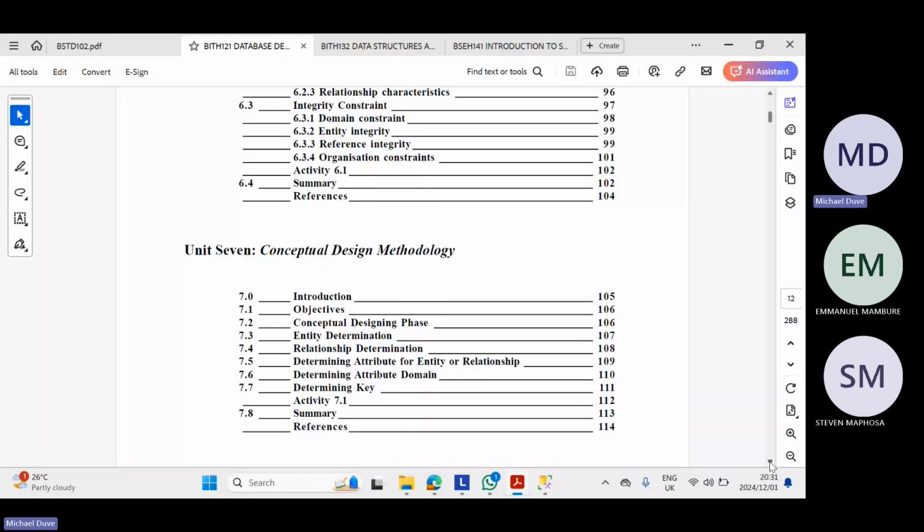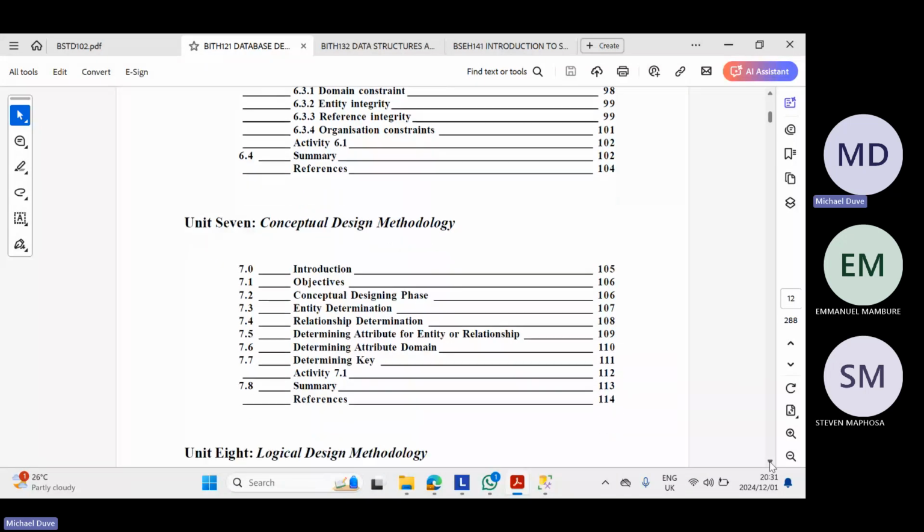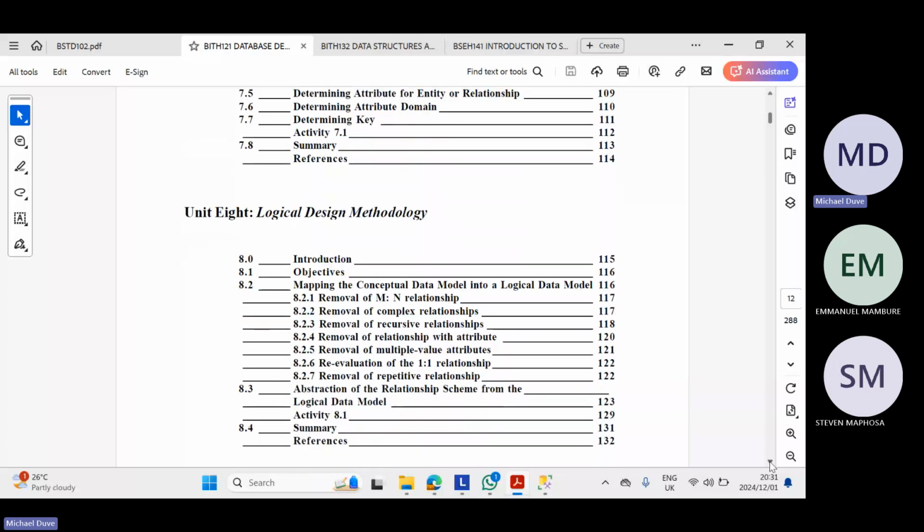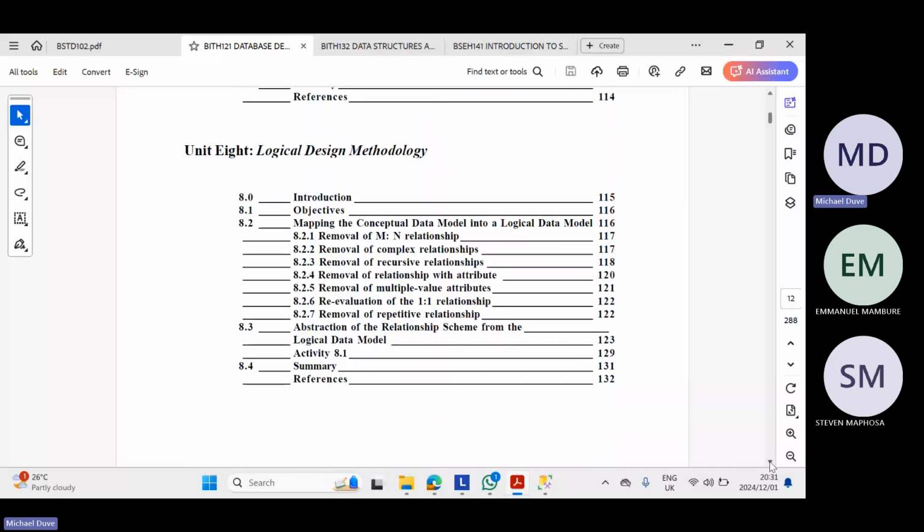That is the entity relationship diagram. Then when you go to logical design, logic is just to reason well, right? So we are looking into the number of entity relationships, like many students to one lecturer, one lecturer to many students, or many lecturers to many students, right? Or you can have a recursive relationship, a relationship whereby something depends on its own, like you, Emmanuel,